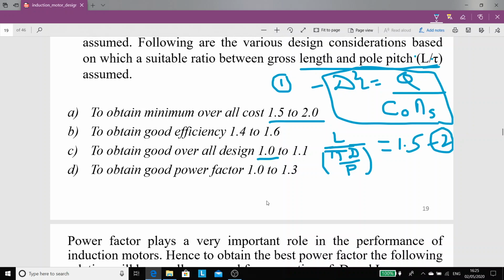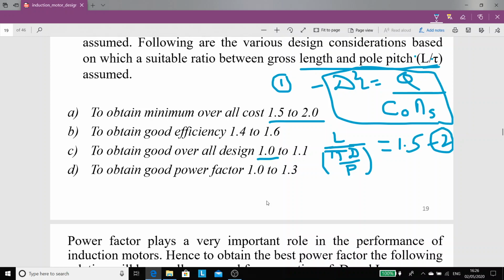So that's why in the case of our small power rating motors, the diameter should be quite sufficient, at least a minimum diameter should be there. So that's why this ratio of length to pole pitch may be less than 1. On the lower side, it may be up to 0.5 also in the case of a fractional horsepower rating motor. Otherwise, in a general purpose motor where the specification is not too small, it varies in between 1 to 2 in that range.